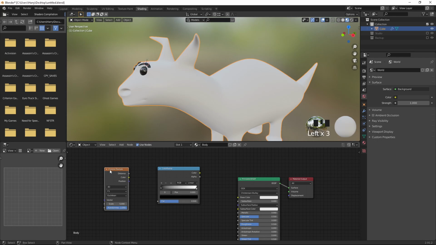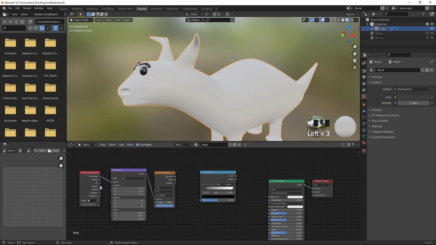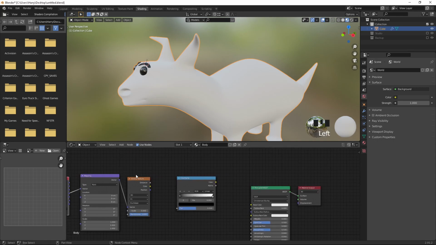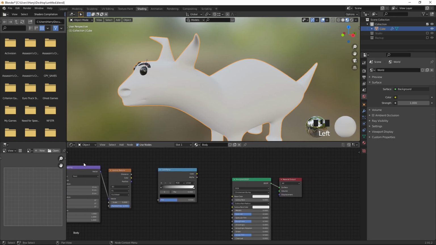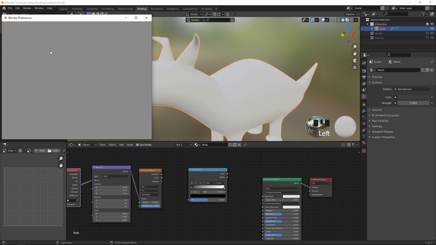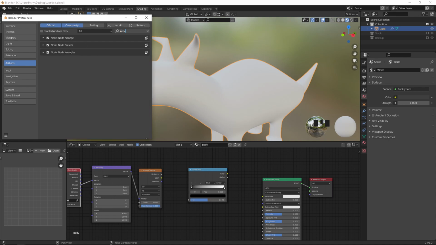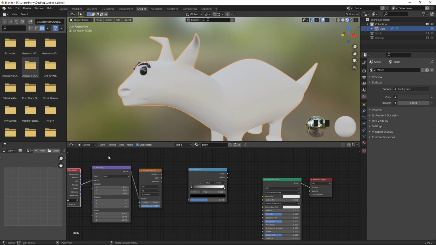Select this one. Before that we can do one thing: select this, press Ctrl T to open a mapping section and make it object instead of generated. Why I have created this is the mapping, which scales it, and it applies to each UV unwrapping part. While you press Ctrl T, if this is not working for you, go to the preferences and go to the add-on section and search for node. Here you have to select all these three things: Node Wrangler, Presets, Arrange. With Node Wrangler, Ctrl T will give the mapping nodes.